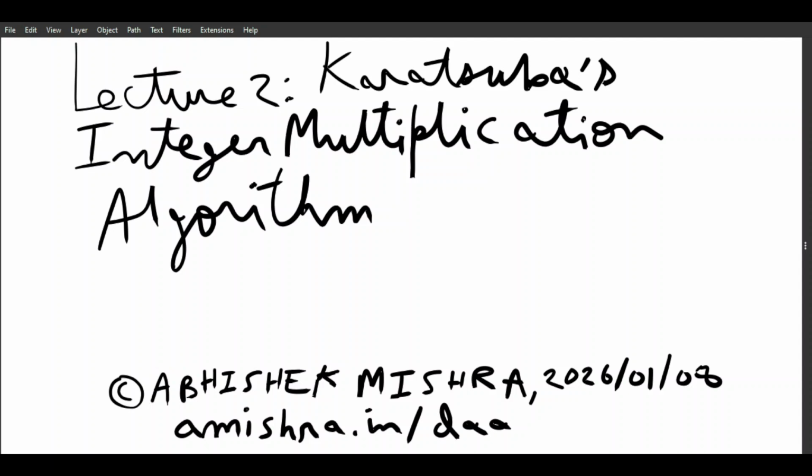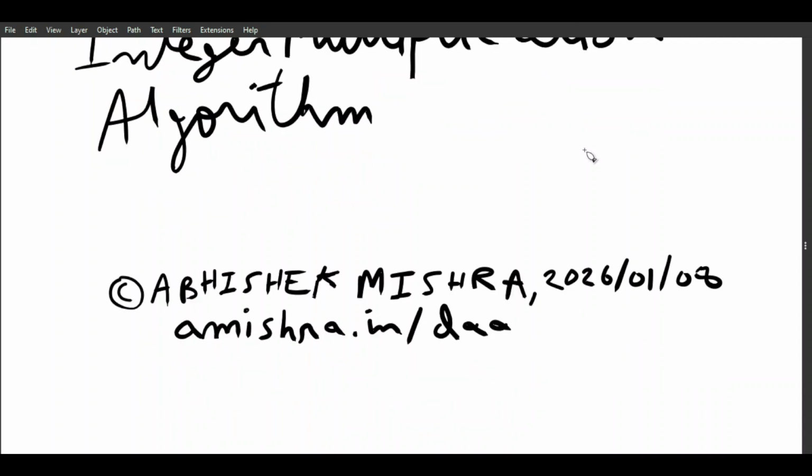So today we'll study Karatsuba's integer multiplication algorithm. Basically, three algorithms we will study. First, what is the problem that we are solving? We are solving the problem of multiplying two n-digit numbers. So here the problem is